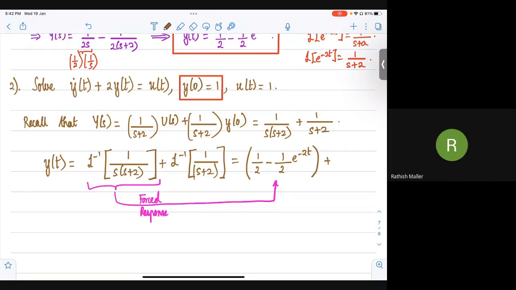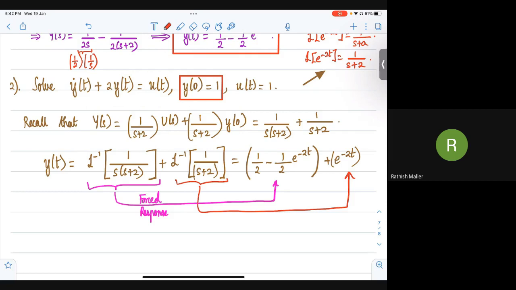e power minus 2t. Very good. So we just wrote it here, right? So we can see here, right? So that's going to be just e power minus t, right? So this is the second one. So let me mark that also. So that is going to be